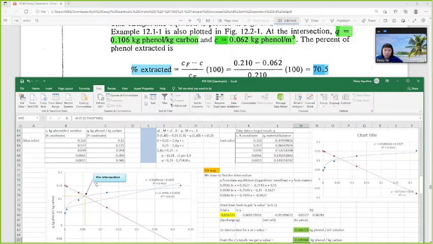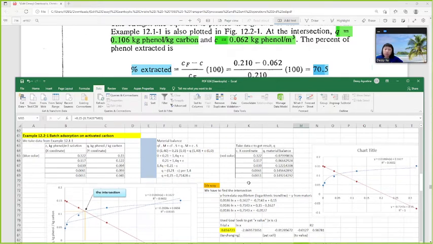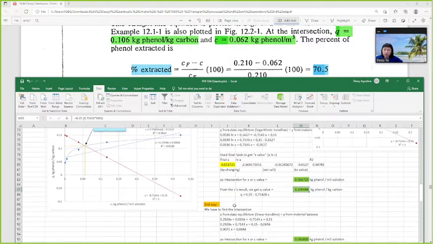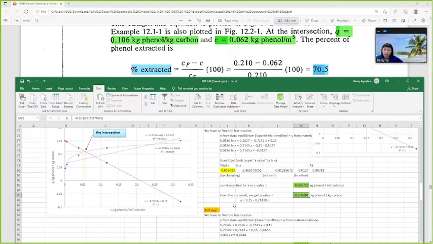So the intersection contains the values of C and Q from this equilibrium data and material balance. This is the first way, because the red color line is logarithmic. And then the second way,